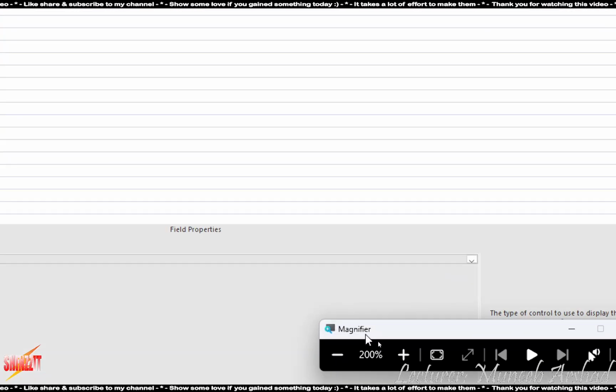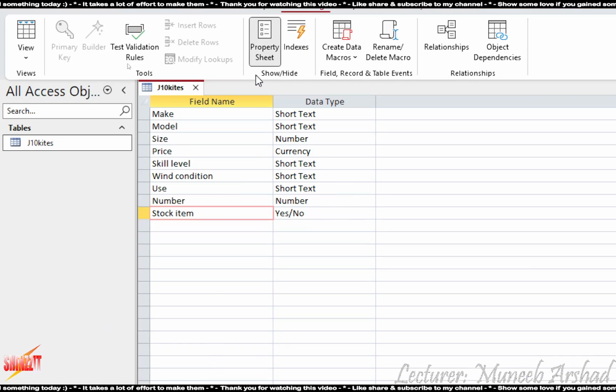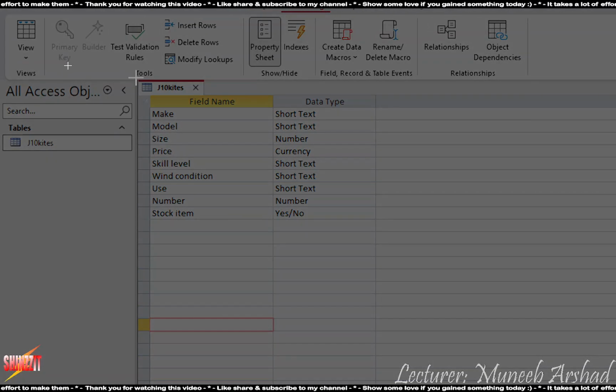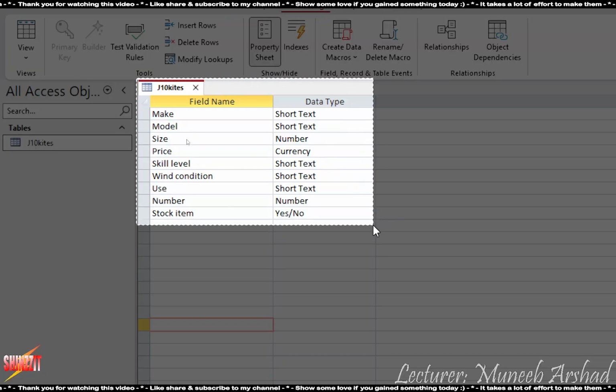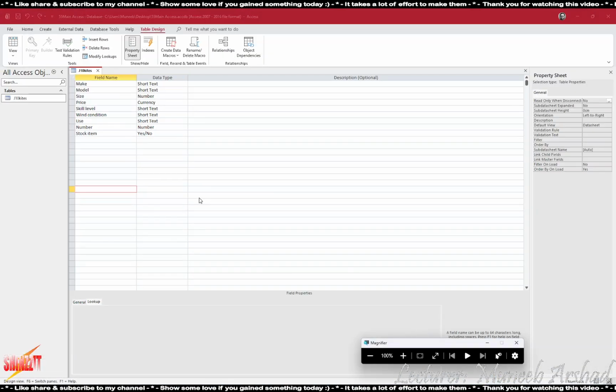And what portion of the design view? Only this portion which shows your table name, your field names, and your data types. So I will take a screenshot like this. Select the required portion only. Now let's open up Word.